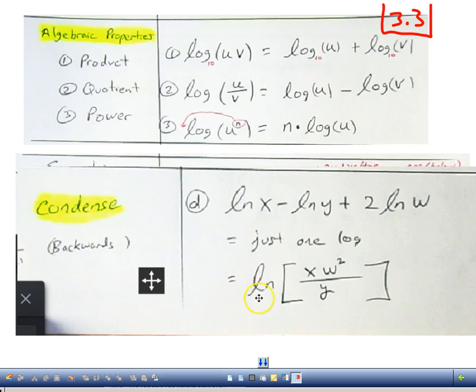And once again, this is called condensing, which is going backwards. And we talk about these ideas, these properties, because later in the unit, we're going to be using these ideas to simplify equations when we do applications using logarithms and exponentials. Okay, well, that is all on this